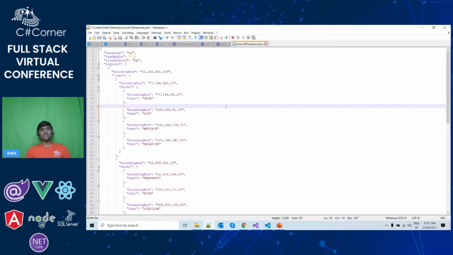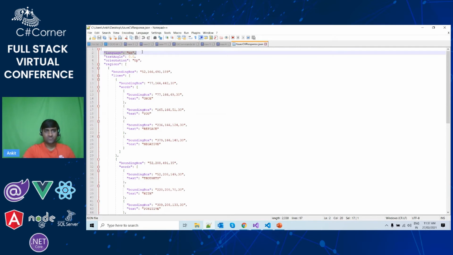So this is a sample response from your Azure Computer Vision API. We have to understand this sample JSON response, as it will help us understand our model structure better. Here it is saying language equals EN, which is English. Then text angle means whether the text is rotated or not.